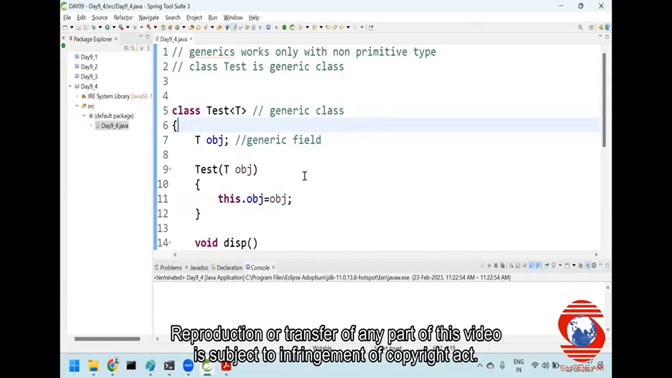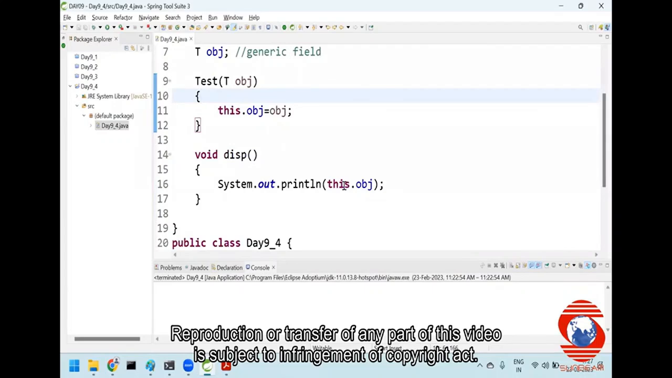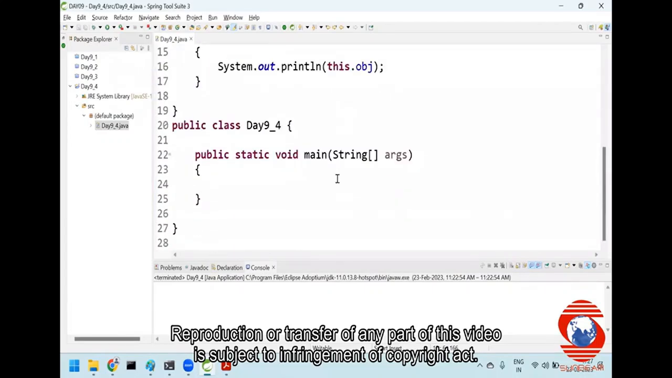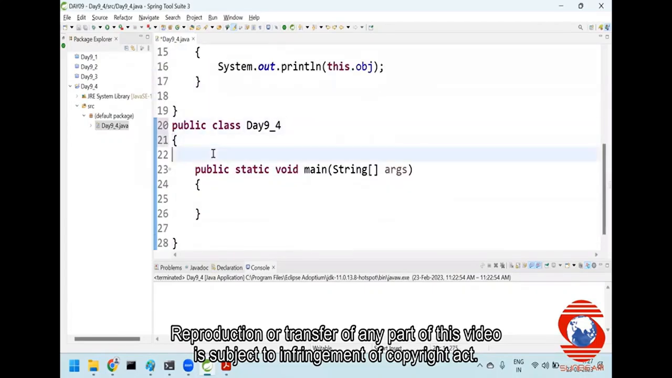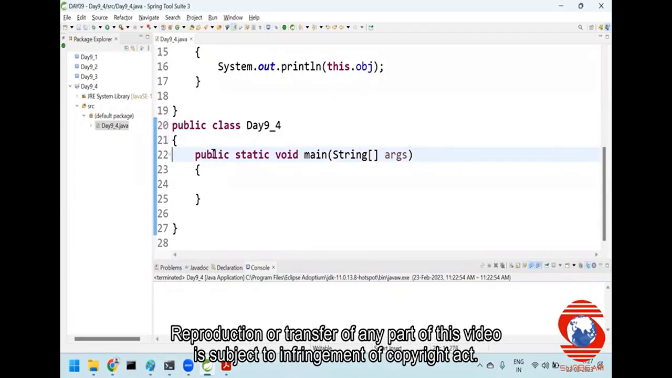Now, because generics are always in the form of references. They take references, and when you talk about references, you cannot go ahead with a value type. You have to go for a reference type. Now, this is a language feature. Let us